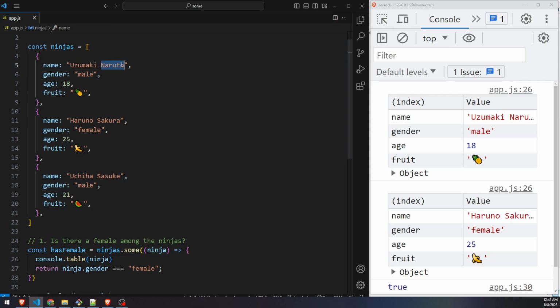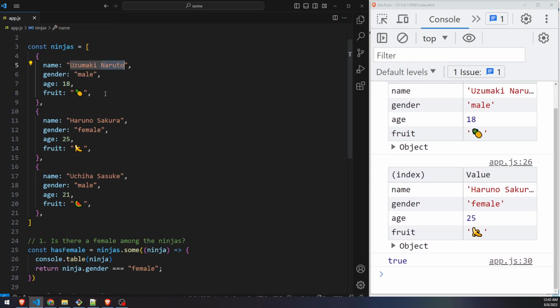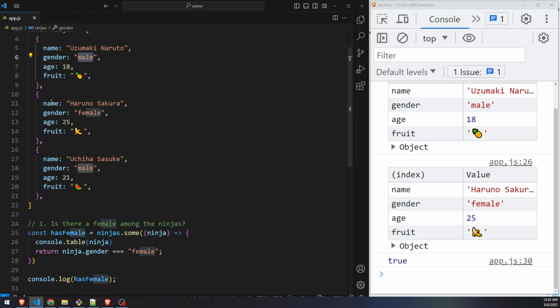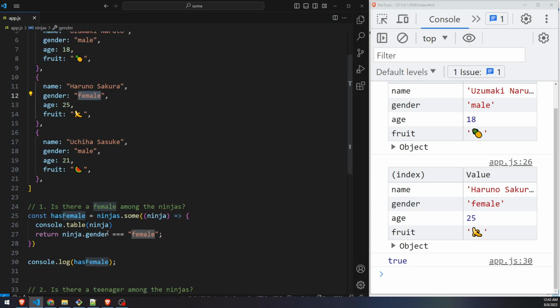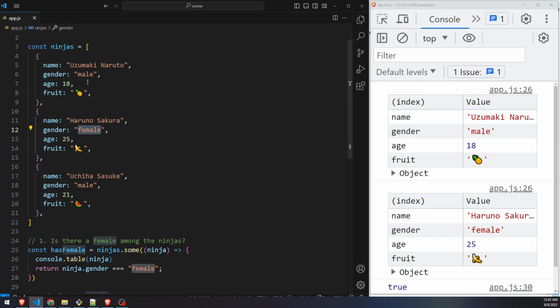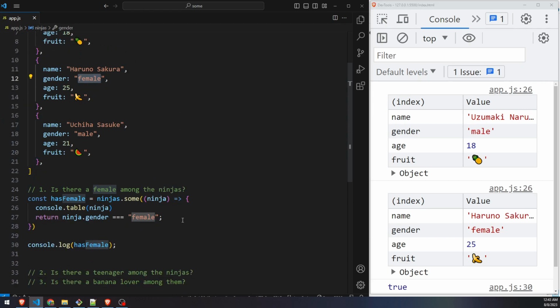It iterates Uzumaki Naruto, then the engine checks that the gender is male, so it moves on to another iteration, and right now it found that Haruno Sakura is a female. It stops the operations and returns a true value in here. So we'll have true. First we iterate here and then here, and this is true, so the engine returns true. So that's how it works